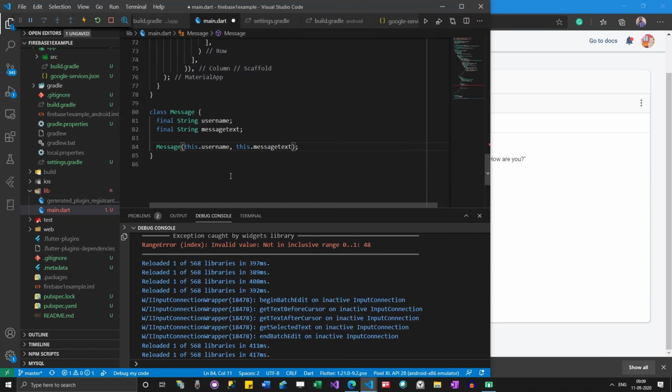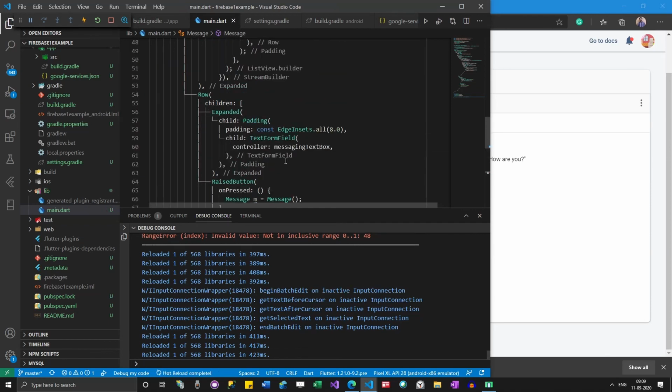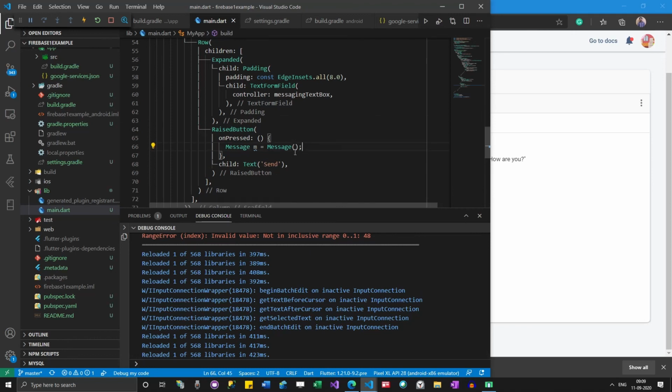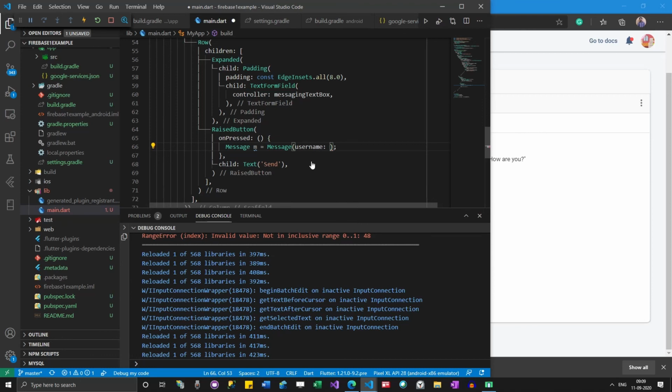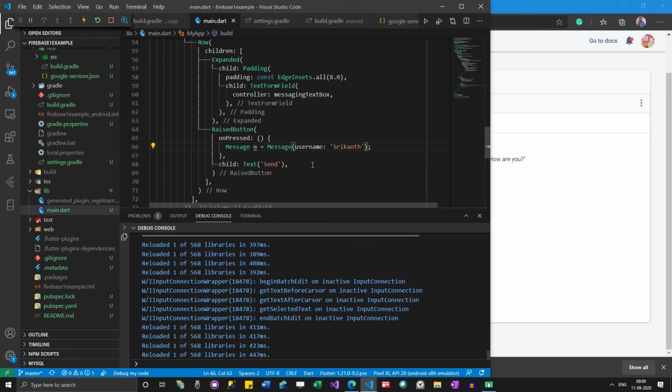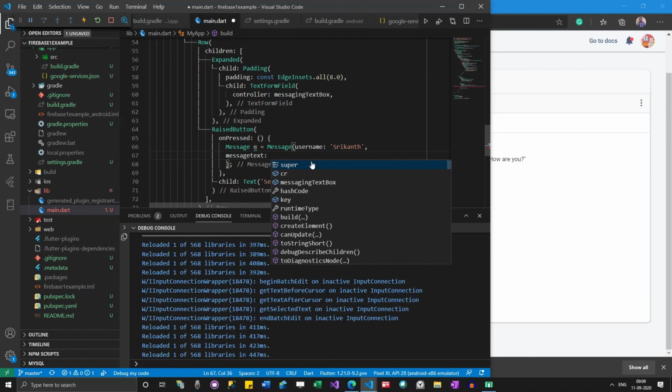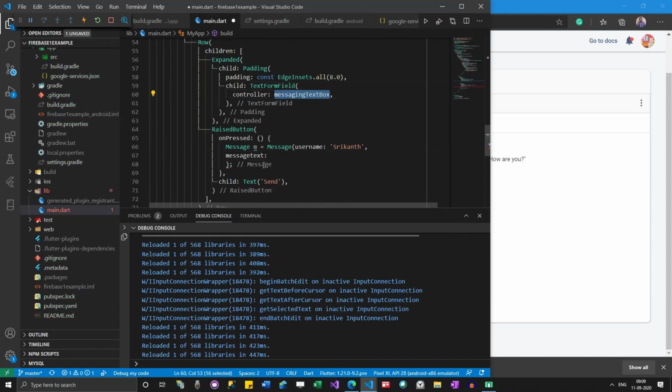Let's make this optional. Let's go here. I can give username, which is a string, right? I'll give something like Srika. Message text will be from the message text box.